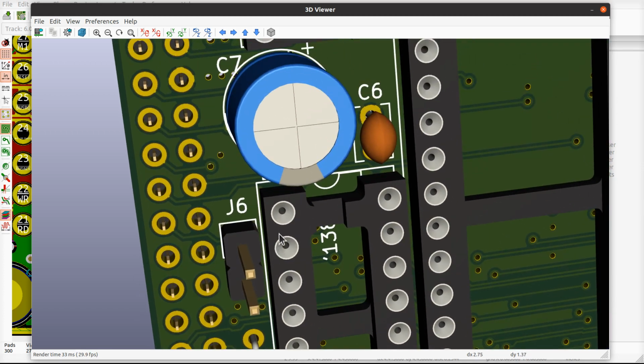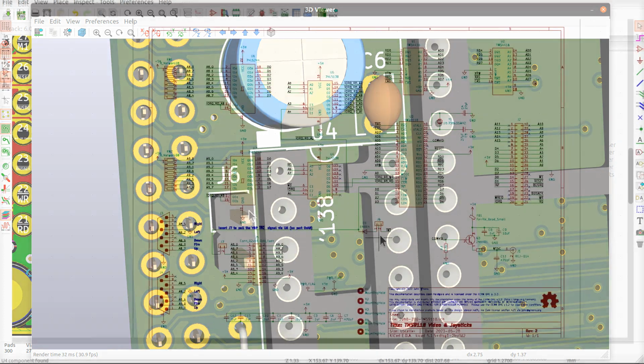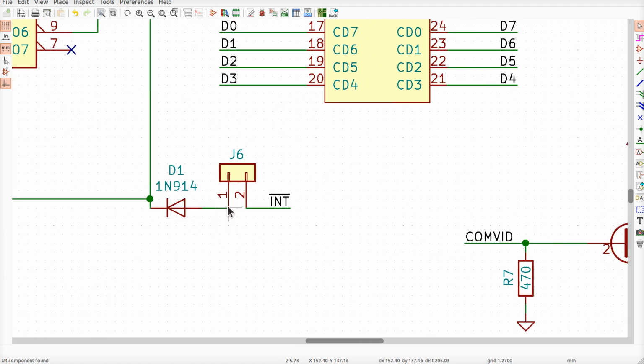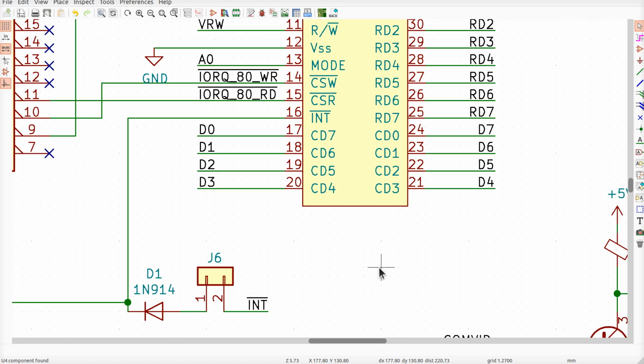I'm looking over here at J6 for a very specific reason, and that is for another set of experimentation. If we replace that with a 3-pronger, and we put this signal to pin into a middle pin, and we put a shunt in this way, it's going to go to the interrupt line on the Z80. What we could do is add another pin over here, is my point, and connect that up to the non-maskable interrupt, which behaves in a completely different manner than interrupt. And by that I mean it does not have a mode. It always goes to one and only one handler address. And that can be quite convenient